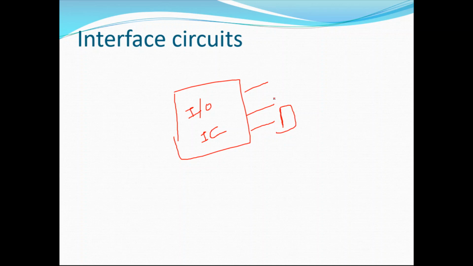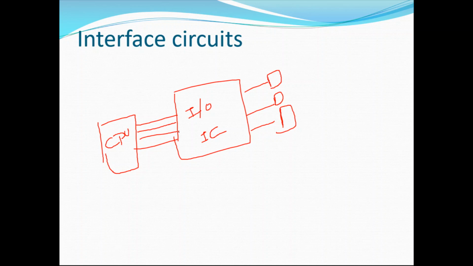Say, for example, this is an IO interface circuit. I'm calling it IC, which stands for interface circuit. One end will have IO devices. It may be connected to more than one IO device also; that's not an issue. The other end will be connected with the CPU through the system bus. So this is the system bus, that is, it includes the address bus, data bus and control bus, right?